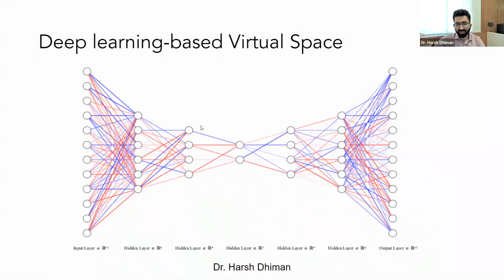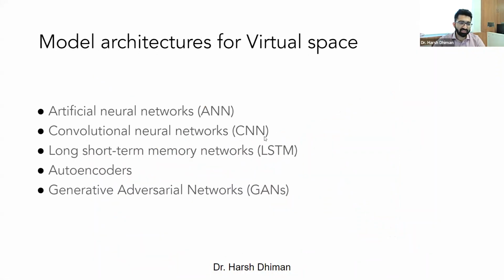So this is what a deep learning model looks like. This is a model that we deploy in virtual space where all the computations are done. As you can see, this is a model of an autoencoder. It's a particular deep learning model that tries to reconstruct the input. So this type of deep learning framework can be used. This is not a mandatory requirement. People also go ahead with machine learning frameworks as well. But deep learning is popular these days.